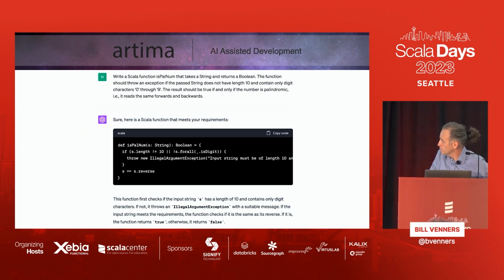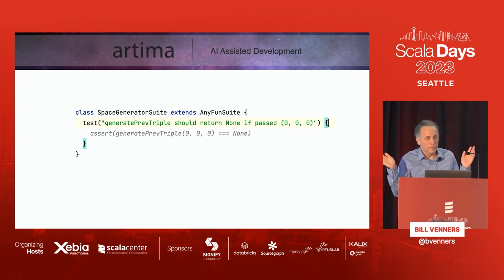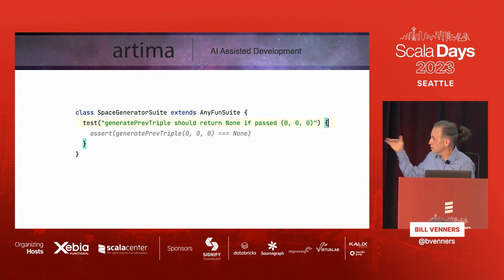But another one that I think is natural and works today is code completion. We've been using code completion to finish method names forever, and now it just gets a little smarter. So here I typed in a test name, and it gave me the test body. This one is GitHub Copilot. I thought it was the best so far, but again, that goes out on the internet. So if you're not supposed to be revealing what you're working on, then you can't use this one. But I just think that's a natural way to integrate it.